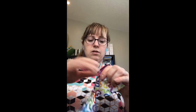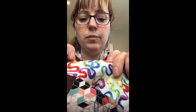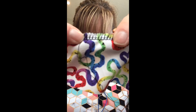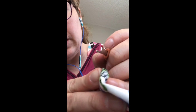What I'm going to do is I'm actually just going to pull it. And this is a really neat tip that I'm going to show you about taking serger stitches out. So with my seam ripper, which is right here, so you see on the threads, this is the looper and then your 2 needle threads. If you go right between here,